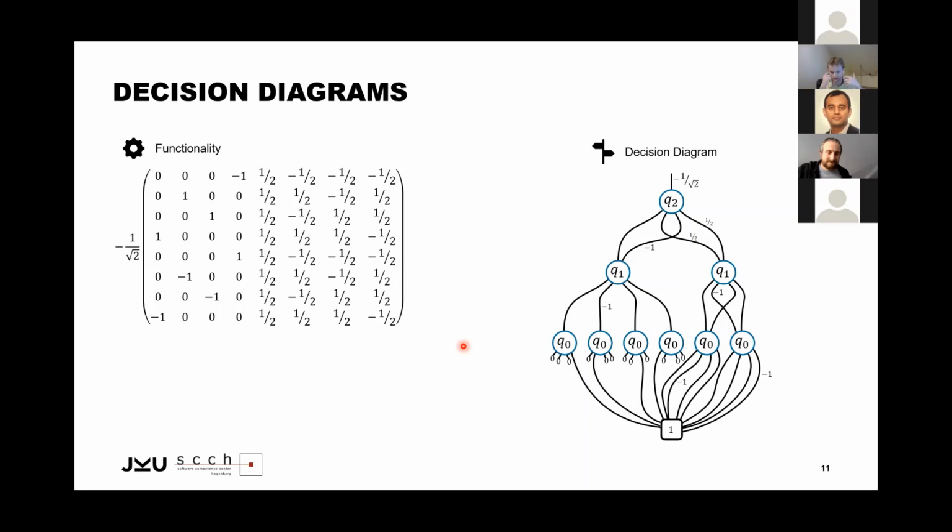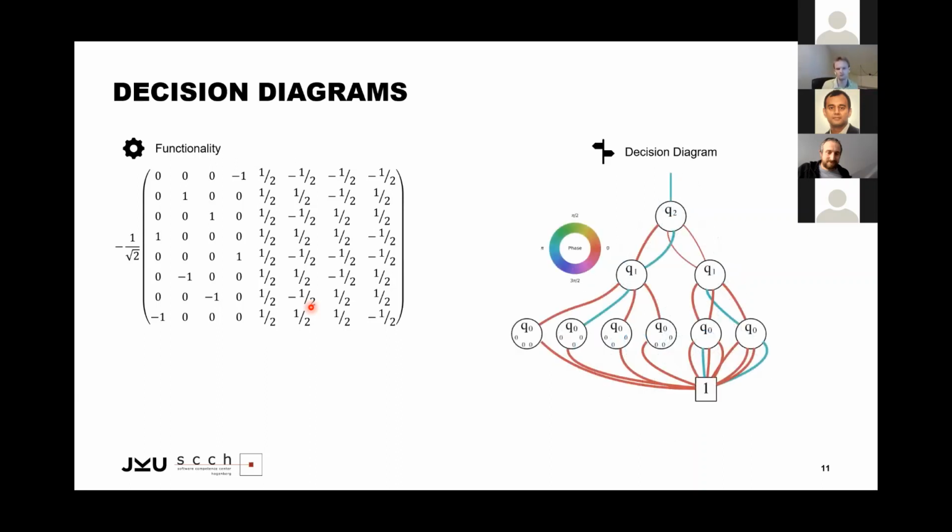And this is a nice example where design automation expertise can help. I'm not showing that in much detail, but the bottom line is that you can now utilize that for simulation, because in a similar fashion as I represented matrices here, you can also represent states, and you can conduct matrix vector multiplication with that. I don't want to go into much detail due to time constraints, but this is basically one way of what you can do.